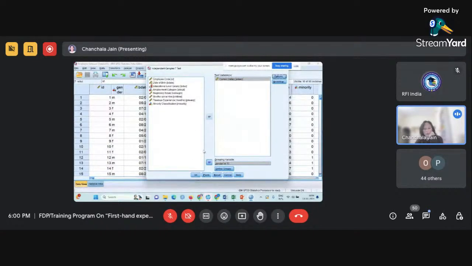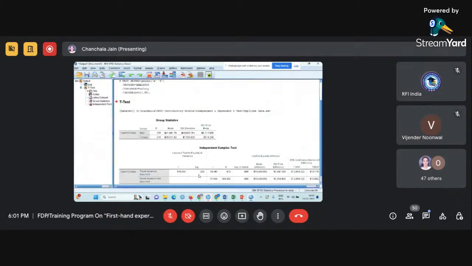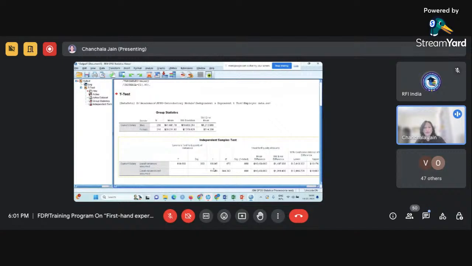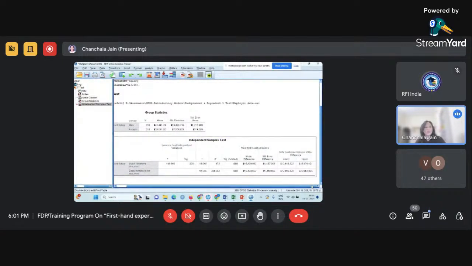You need to only click on OK to generate the output. So may I click on OK? I hope everyone has got the same. May I click? Yes, ma'am. Once you click on OK, you would be able to get your outputs in the output viewer window, right? May I start explaining the